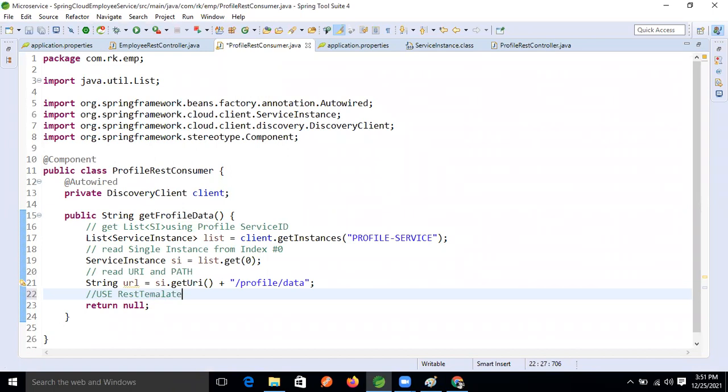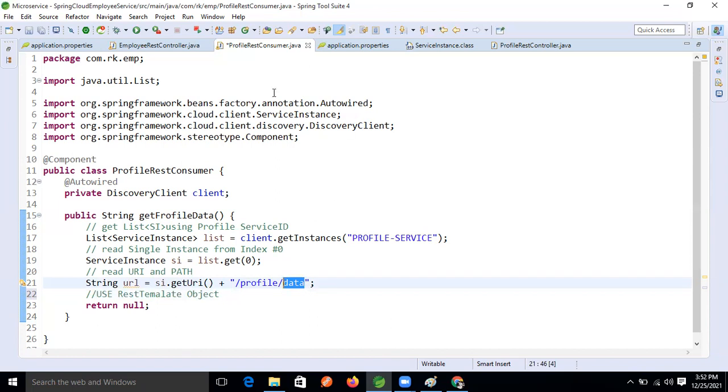Ravi, sorry for interrupting. We have added profile and data after the URI, right? Can we replace data with anything else?